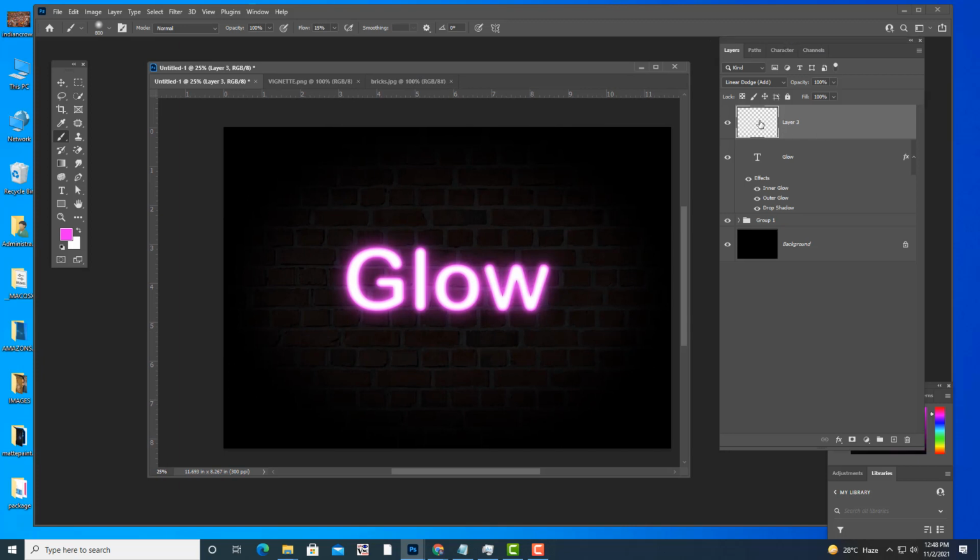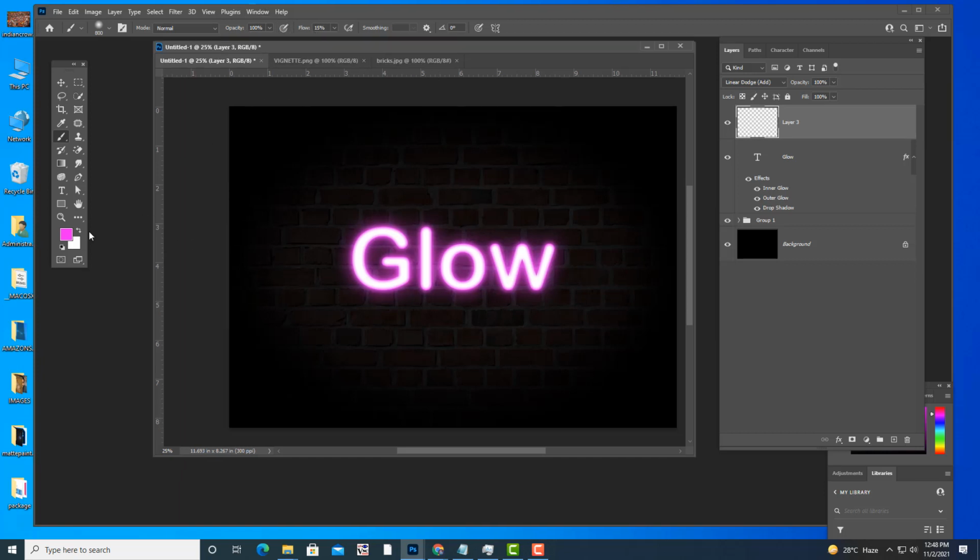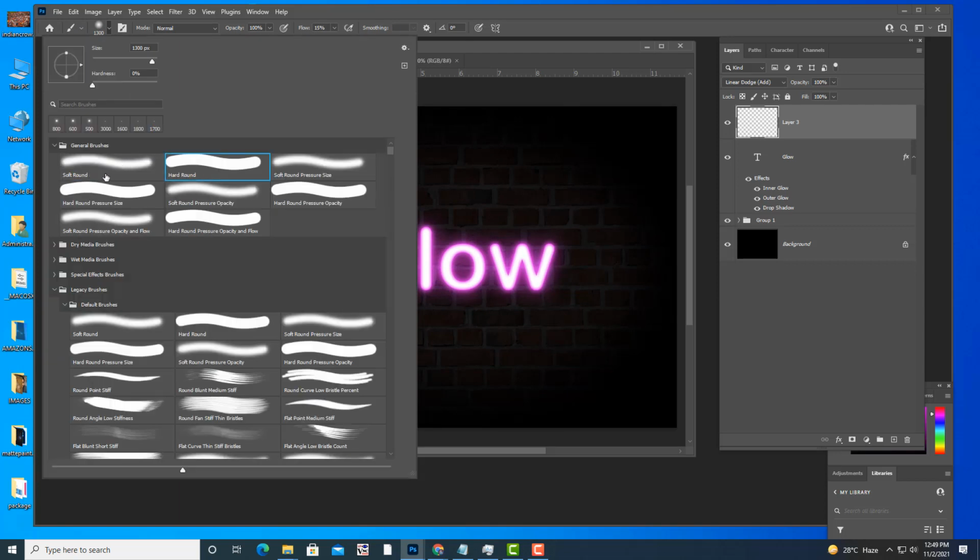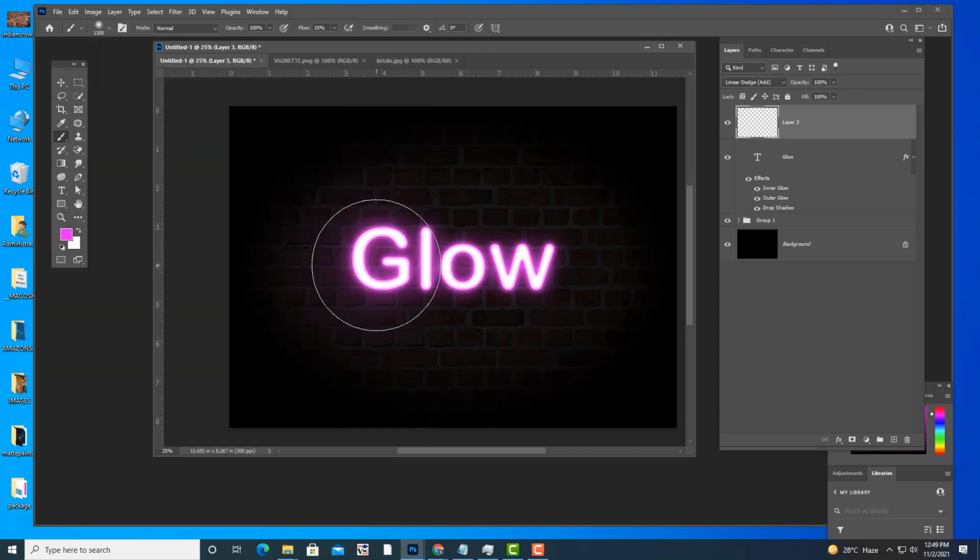Now we will start painting. Here the empty layer is there, and for this layer the blending mode is Linear Dodge. Flow is 15%, pink color, and we'll just try to paint. Make sure that you are using a soft round brush only. Don't use hard round, it will not look nice. Can you see the change? Don't paint too much.